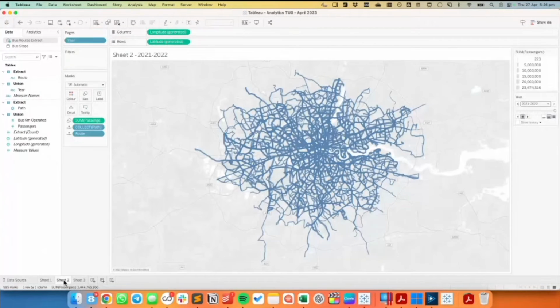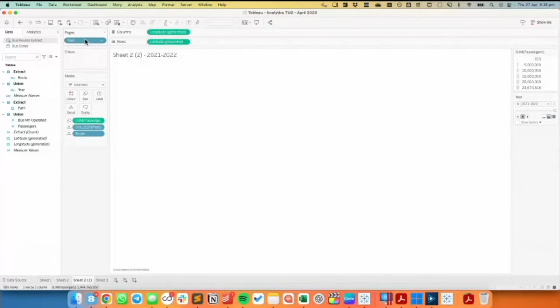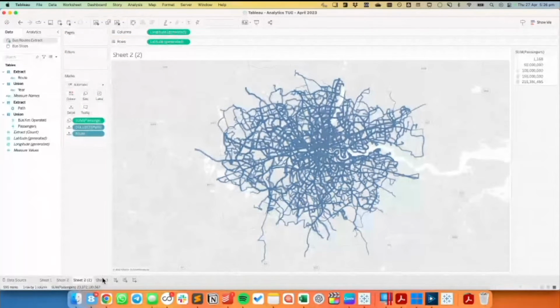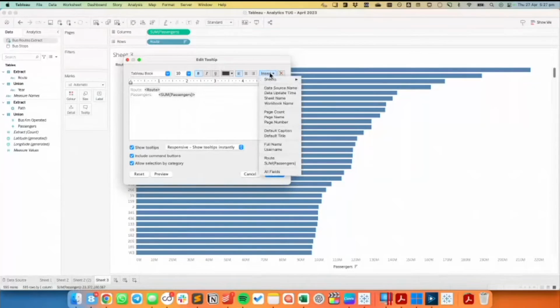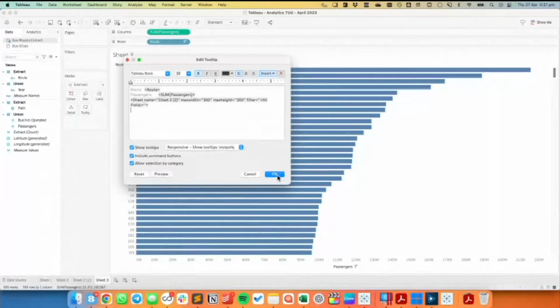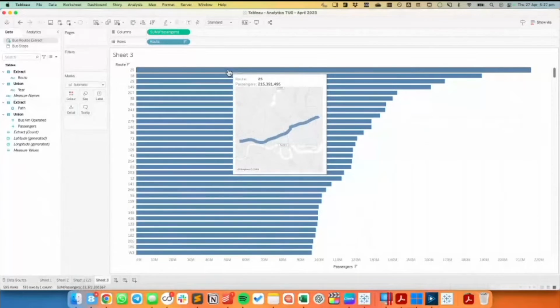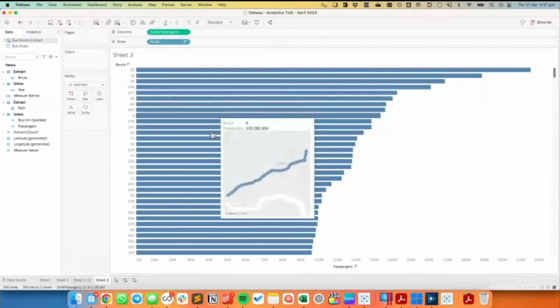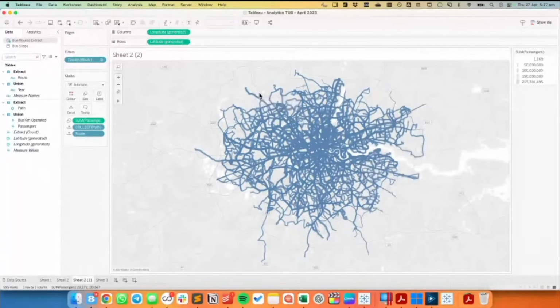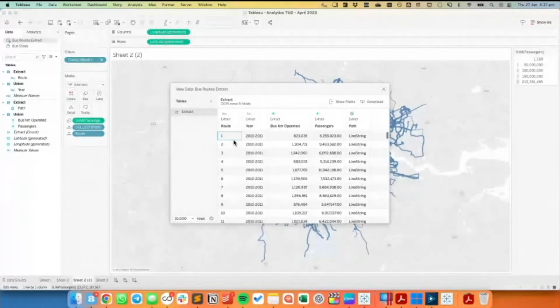So let me go back here. Let me duplicate this sheet, get rid of the year. So what I would do now is in my tooltip, I'm going to just insert the map. So insert sheet 2.2. And now let's see if that works. So here I can now get the route and the number of passengers and things like that. And now that I actually have these as lines, I can calculate, or no, I can't calculate the distance because again, if I look at my data, I only have one mark for each